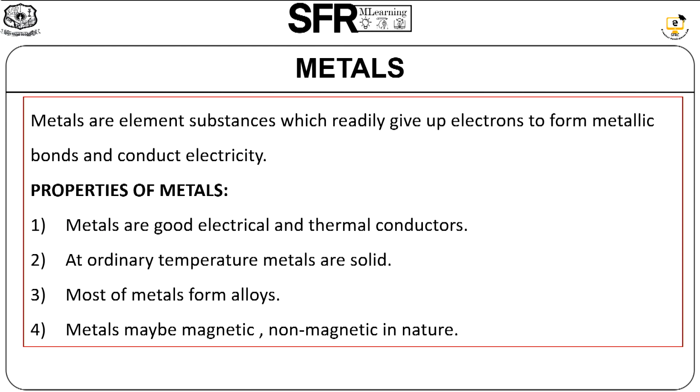Most of the metals form alloys when 2 or more pure metals are melted together to form a new metal whose properties are quite different from those of the original metals. It is called an alloy. Metallic materials possess specific properties like plasticity and strength. A few favorable characteristics of metallic materials are hardness, resistance to corrosion, good thermal and electrical conductivity, stiffness, and magnetism. The metals may be magnetic or non-magnetic in nature.